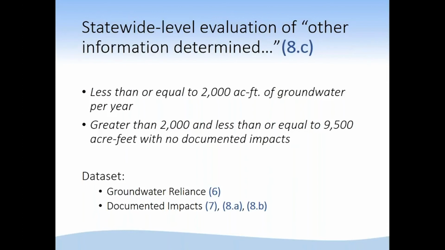So any one of those four, A, B, C, or D, but only if they had documented impact points. Each one of those four, A, B, C, and D, calculates its own individual points, which are then added up and run to a breakpoint. Depending on where those points total up and where they show up in that breakpoint is how many documented impact points they give for number 7.